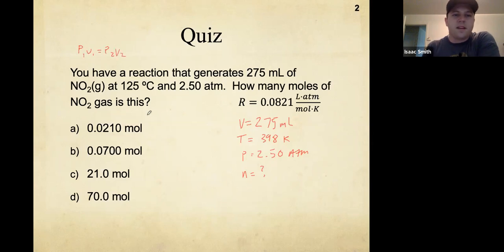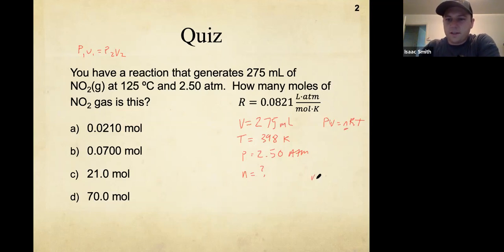So we wouldn't be able to use any of those here because we only have 1 volume, 1 temperature, 1 pressure, and we're looking for 1 amount of moles. When it's just one of each, that tells you that you're using the ideal gas law, because the ideal gas law doesn't have more than 1 volume or more than 1 pressure. Okay, so that tells us that we need to use this equation,